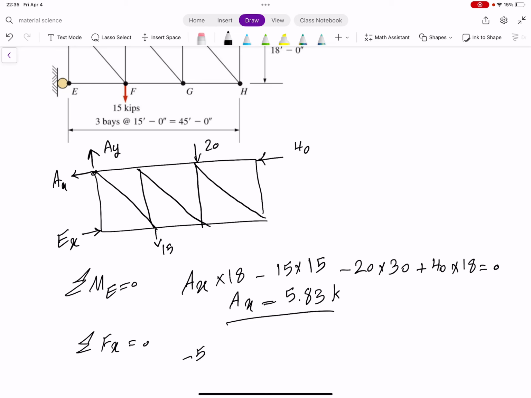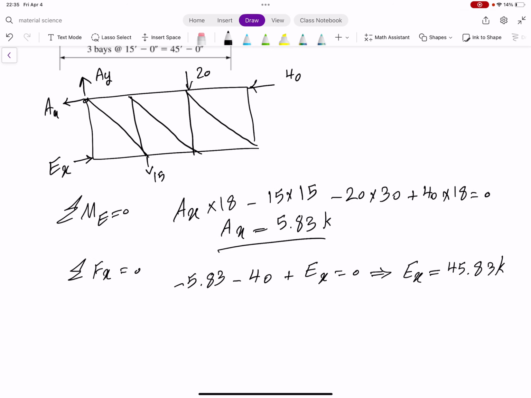Now I'm using the AX force, and then minus 40, then EX positive. My EX is 45.83. Okay,